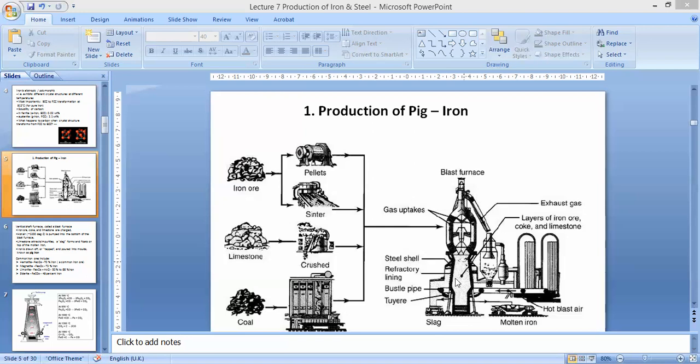And then what do you have at the end? So when your processes are happening at a certain temperature, we'll look at the temperature in detail later. So what happens at the bottom there? You have your slag, which is a byproduct, which is at the bottom. It's removed from the bottom there. And then somewhere in the middle there, you have what you're interested in, which is your molten iron. Here, molten iron is released into